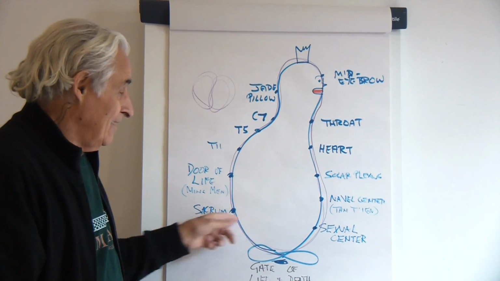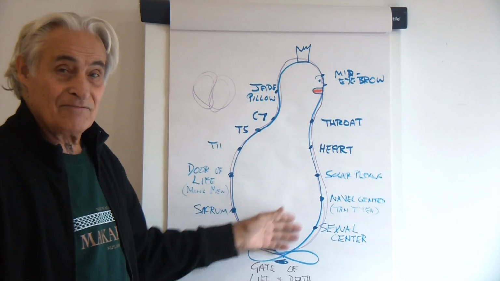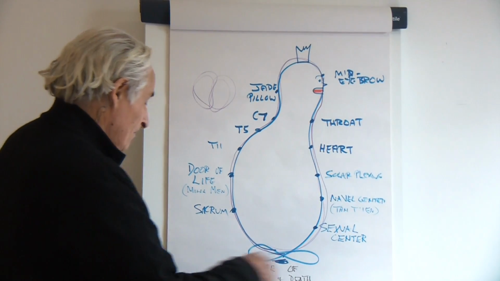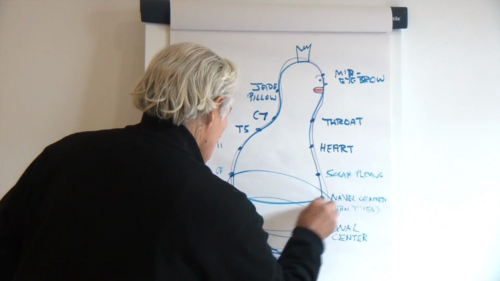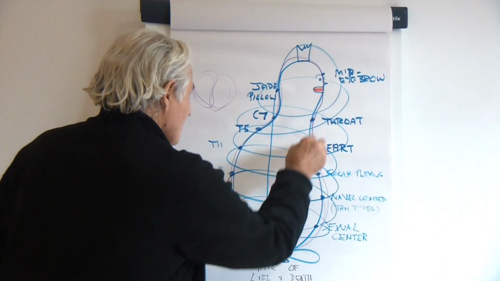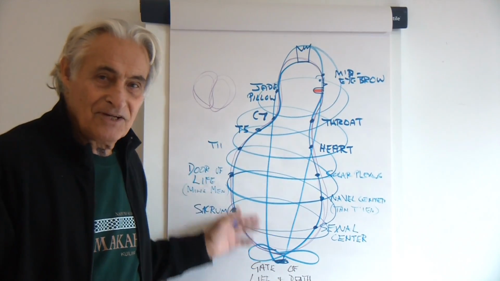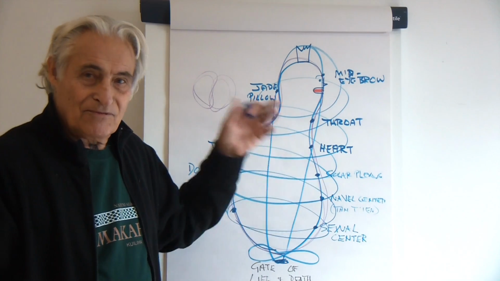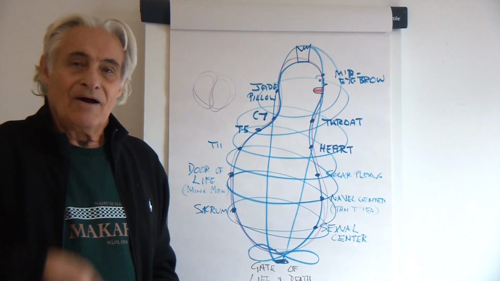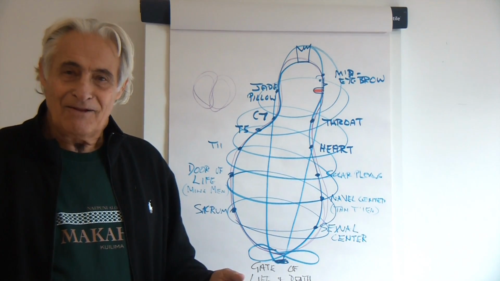Now, these are not just little pinpoints in the energetic circuits of the body. They're great whirling vortexes of energy. And this begins the energy grid, the energy network, which feeds the meridians, which feeds the organs, which enables us to use the same amount of energy in a more efficient and more effective way for better health, a longer life.